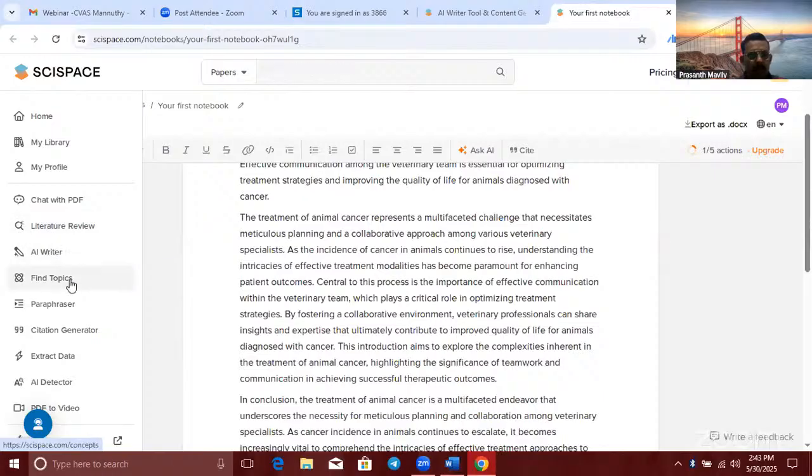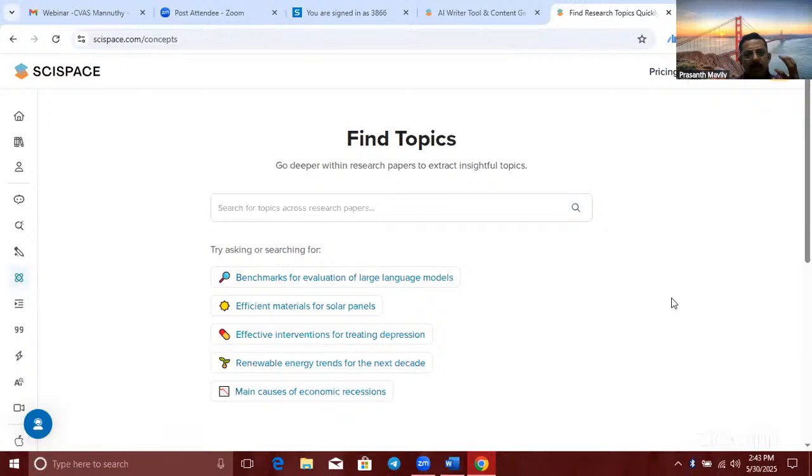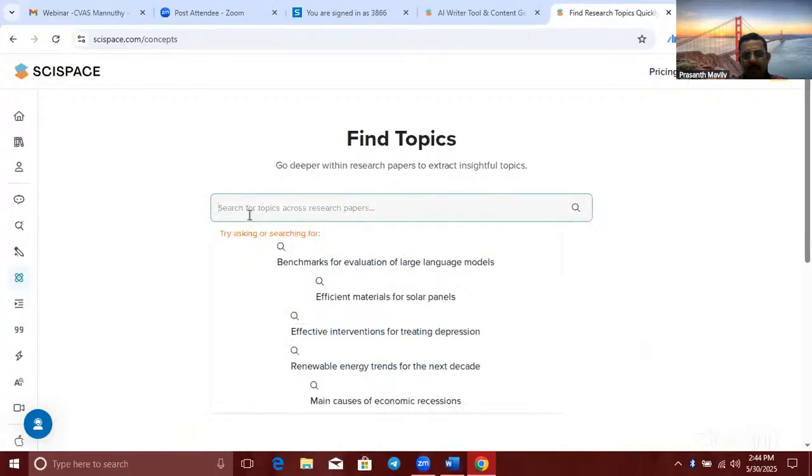Okay. Another important thing is that students are very desperate in getting the research topics they have to take for the project. In such cases, if you have a few keywords, you can type them over here and it will give the unexplored areas related to your topic.